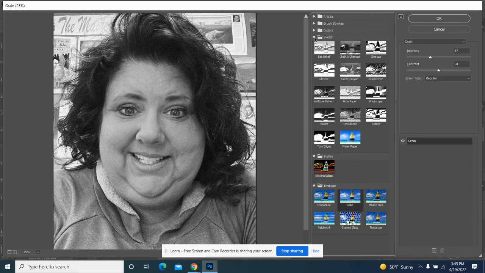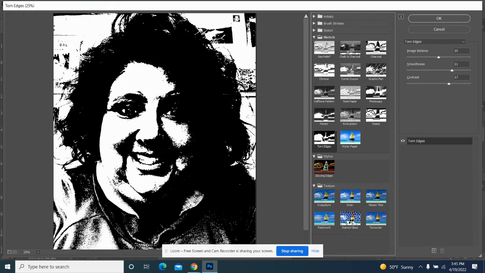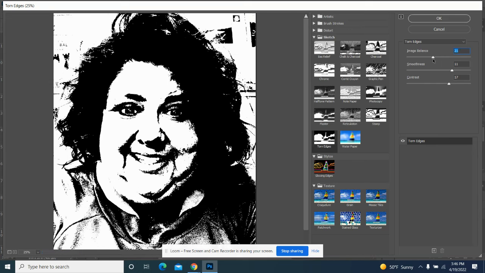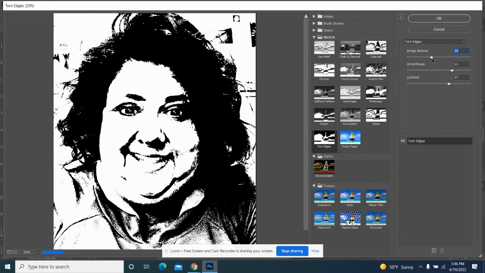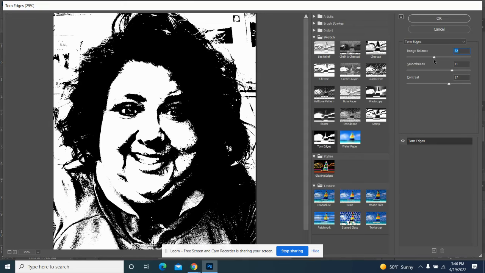And then the next thing that we're going to do is in this little folder there to the left of the word sketch there's a little triangle. If you click on that, you have all these different options of different filters, and I'm going to go to what's called torn edges, and I'm going to move this slider so that I can still see some of the detail in my eyes and my nose. I'm going to play around with these, the image balance, the smoothness, the contrast,